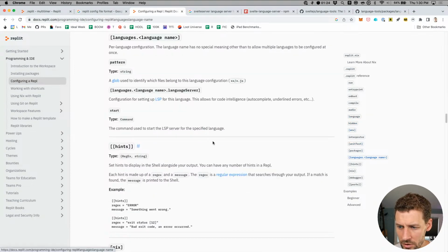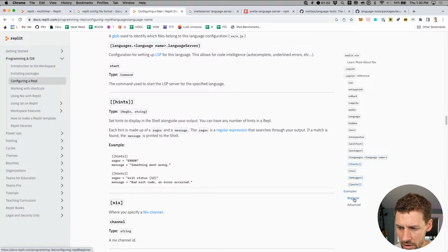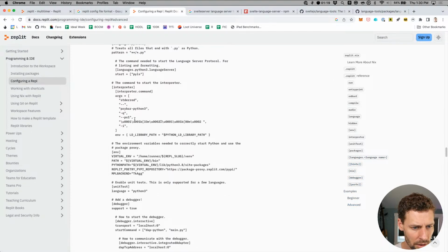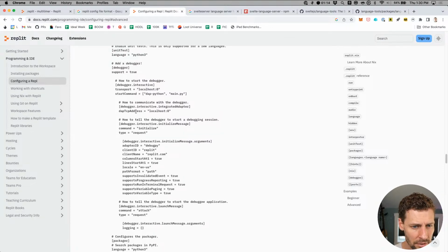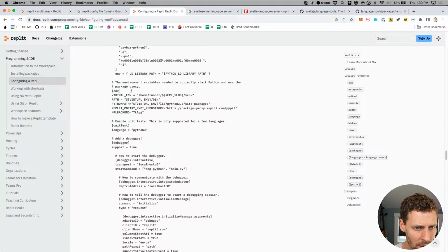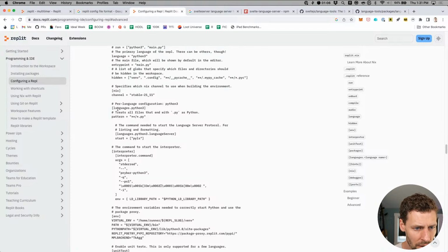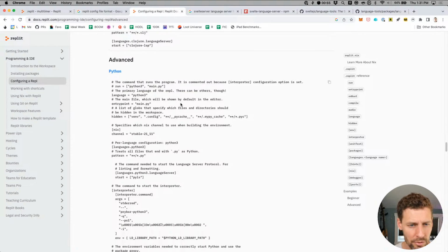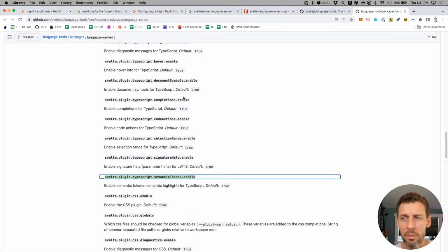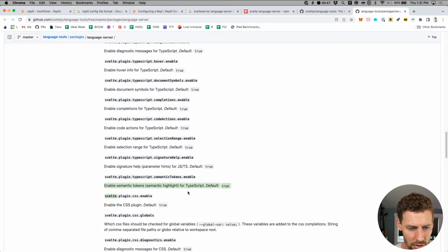I'm curious now. This looks really similar to what we were seeing over in this file. So in the language server, give me those examples again. Python. I just need to know how to pass in options. It looks like I can just pass them right underneath the thing. Yeah, so languages, that's bash that's gonna get executed, I think. Not, these are .nix files. No, this is not a .nix file. This is a TOML file that is then getting converted and passed into, but this is on by default.